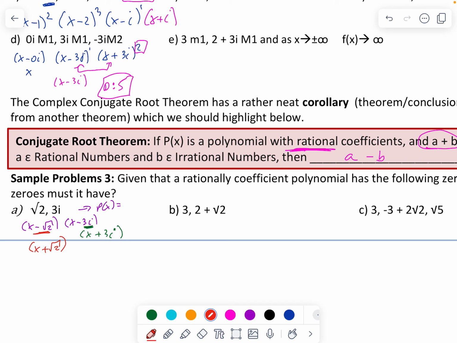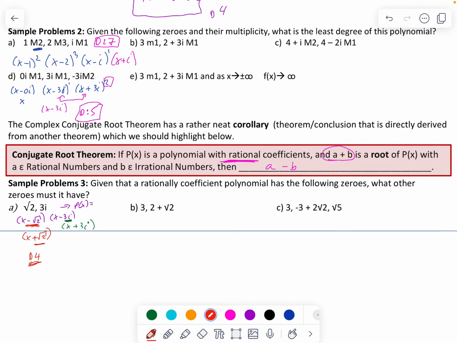So again, irrational coefficients don't make it not a polynomial. It can be a polynomial with irrational coefficients, but most of the polynomials that I generally see have rational coefficients. So if you know that you're going for something with rational coefficients and you see this, you automatically know there's going to be another one. So my assumption would be that this is degree 4, assuming that this has all rational coefficients. If you're allowed to have non-rational coefficients, like square root coefficients, then the least degree would be 3. All right,